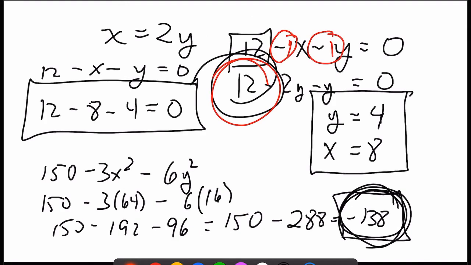So if I were to change this constraint, making it 11 or 13, changing it by 1, either way, I would expect it to change by